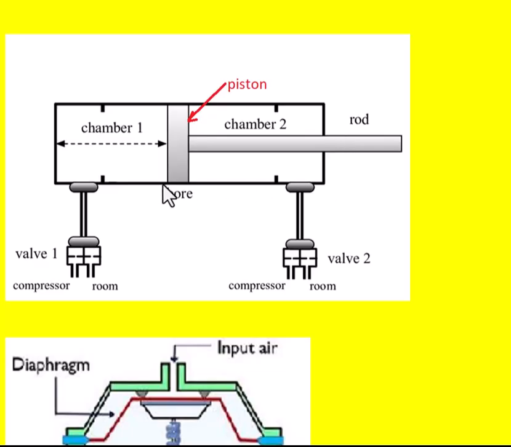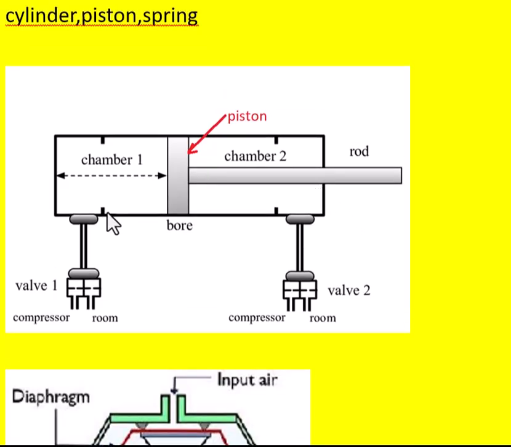So it has the cylinder like this, and the cylinder will house a piston with piston rod like this, and this piston will separate the cylinder into two chambers, chamber 1 and chamber 2. Chamber 1 is supplied by compressed air. Similarly, chamber 2 has the facility to provide the high pressure air using the control valve 2. Then, initially,